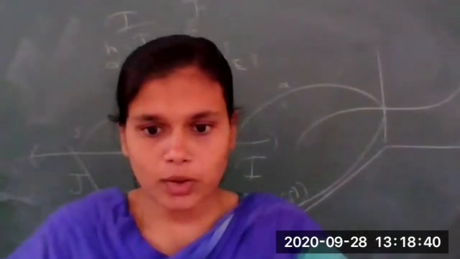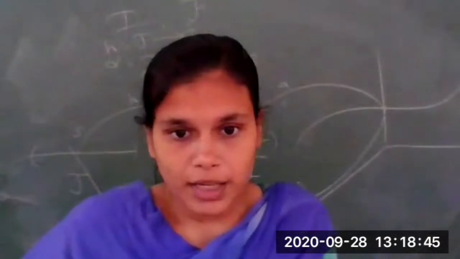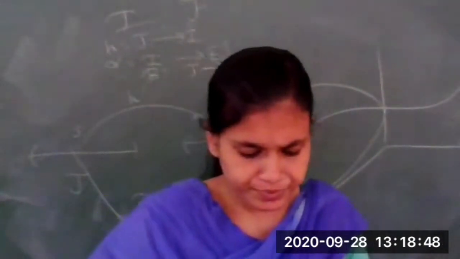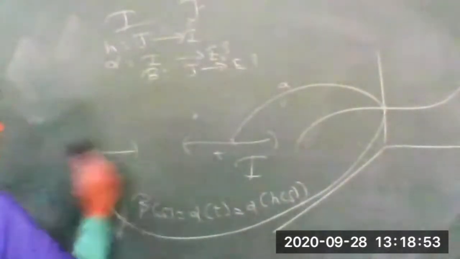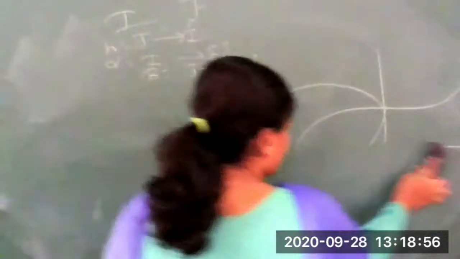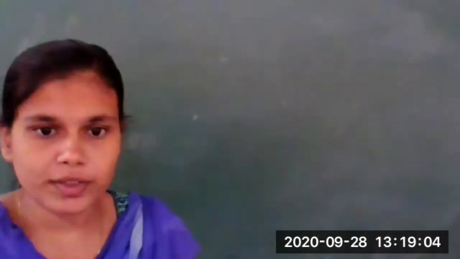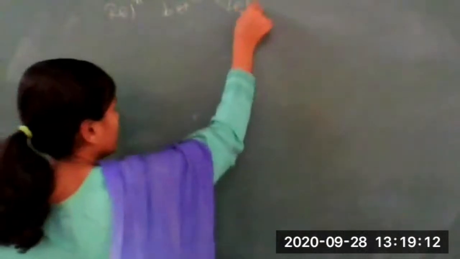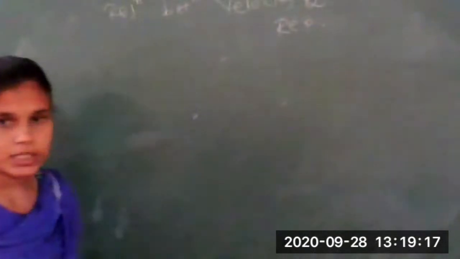Fine. Now let us see the relation between the reparameterization and the velocity of the curve. We have seen what the velocity is and how to find the velocity of the curve. We just have to differentiate with respect to time t, and then we will get the velocity of the curve. Now we have to find the relation between velocity and reparameterization. Okay, what is a reparameterization?